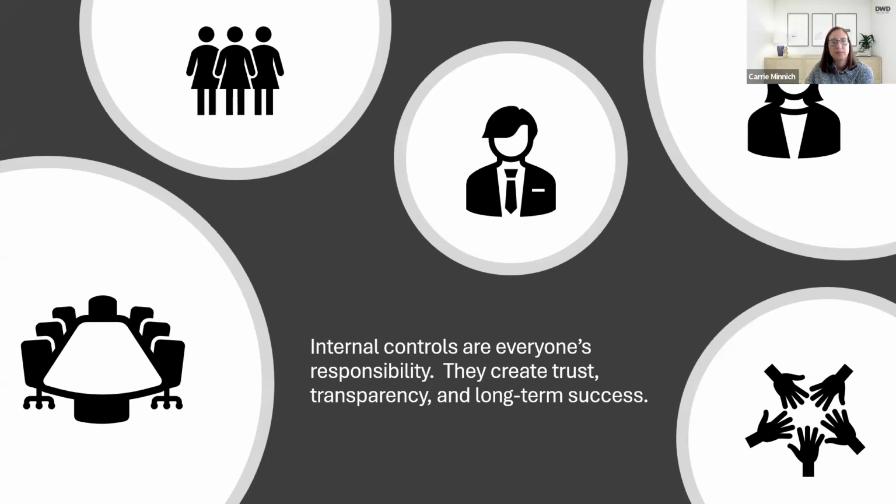Internal controls are everyone's responsibility. So the board, your audit and finance committee, management, employees, volunteers. So it's really across the board. In order for controls to work, it's the responsibility of everyone within the organization, and they all need to be aware of what the policies and procedures are and what their responsibility is within that system, but then also what would happen to them if they don't follow the controls. So oftentimes a code of conduct or ethics policy talks about the good things, what you should be doing, but it also talks about, okay, what if you don't follow this? What is going to happen? So looking at that piece as well.